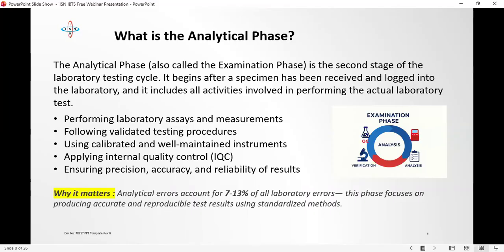So this is where I want to actually talk about precision and accuracy. Those are two very important aspects of this phase. An analyzer can give you very consistent results. When an analyzer produces very consistent results, you can say there is precision in that analysis, right? But if those results are consistently wrong, then you have a problem with accuracy.